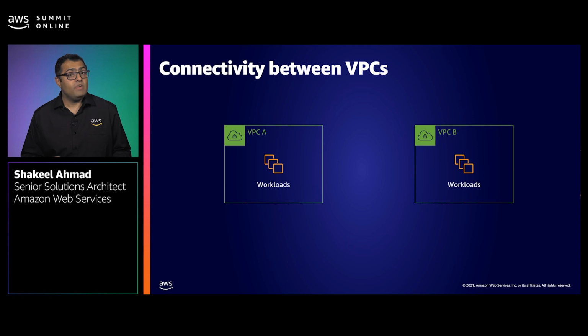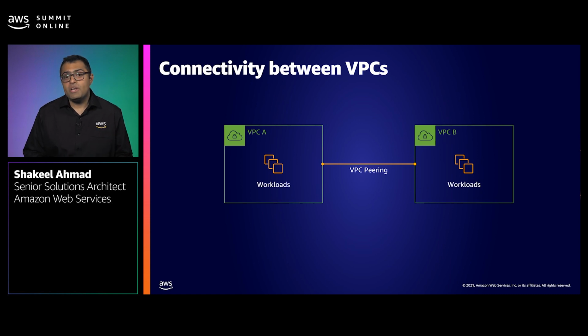Now, as you grow, we need to connect multiple VPCs to enable communication between various applications. It may be your app servers talking to databases, or your app servers talking to different VPCs, which may or may not be in the same account even. To connect two VPCs together, you can use VPC peering. VPC peering allows you to route traffic between two VPCs using private IPv4 addresses or even IPv6 addresses, and instances in either VPC can communicate with each other as if they are within the same network.